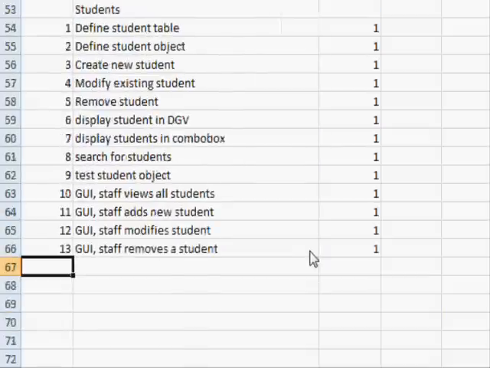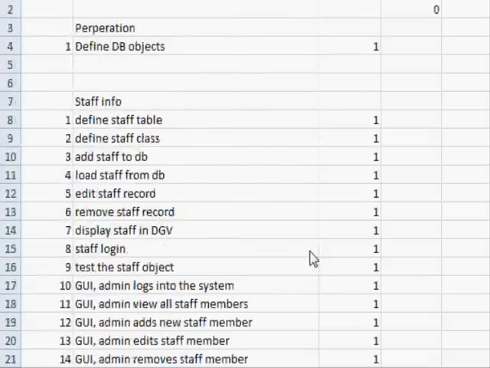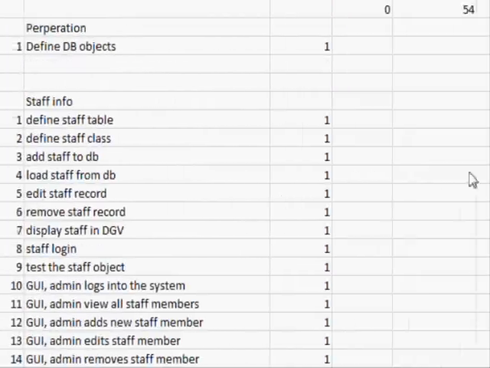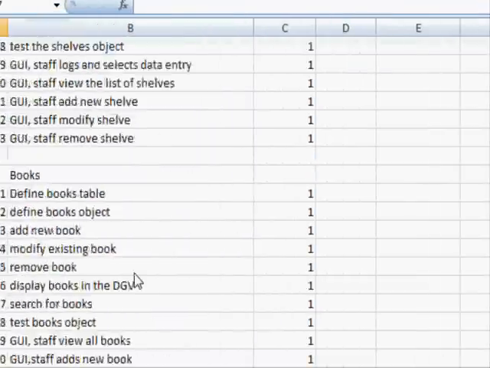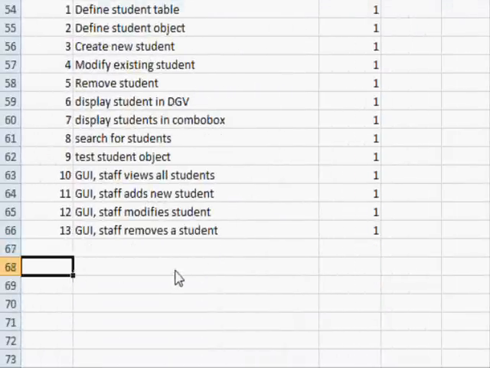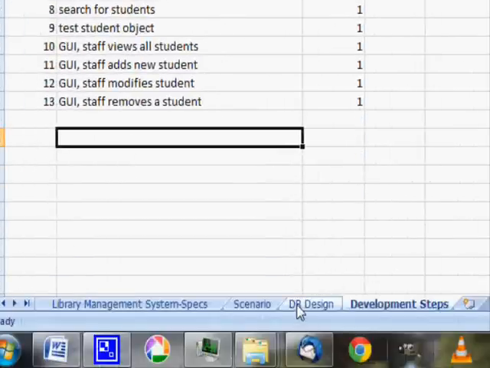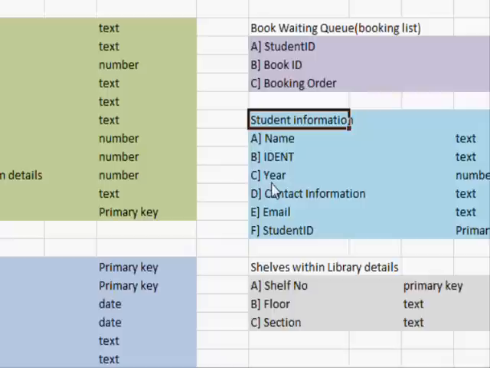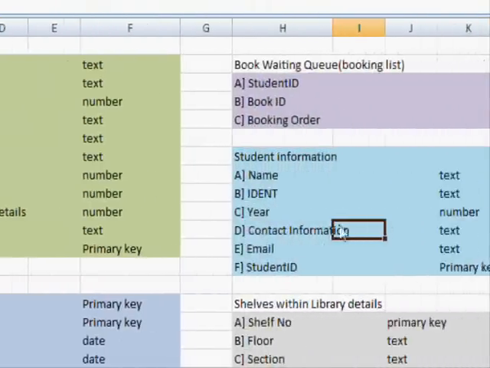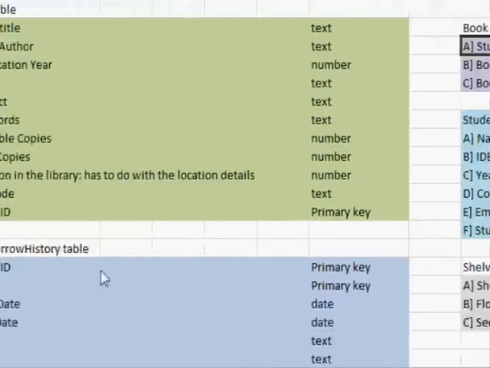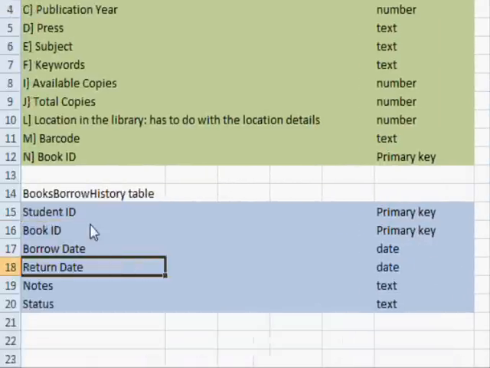Okay, so I guess it has been a while and my time is almost finished. So you can see here we define the basic tables with some of the interface, and so far this is about 54 units of time, and this unit might be day or hour depending on my time. And how fast you are working, of course. So let me see. We spoke about books and students, and now we can work on the details, like for example